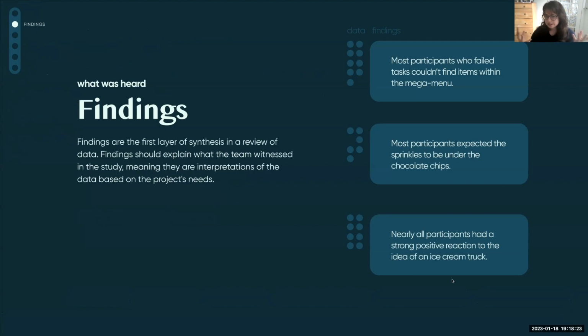So for example, most participants who failed to find tasks couldn't find items within the mega menu. And then on the left there, I'm trying to allude to the fact that there are multiple pieces of data that support that finding. So there might be an instance where one piece of data equals one finding, but that's pretty rare. You always want to be making sure that you're pulling back to the data as you're defining these findings. Something else that is helpful, I find, in talking about findings, is that I try not to quantify things